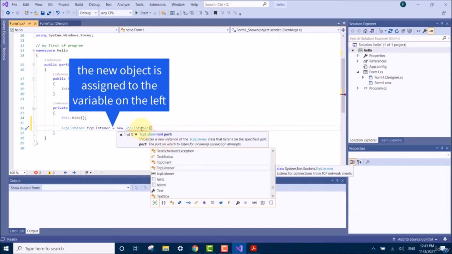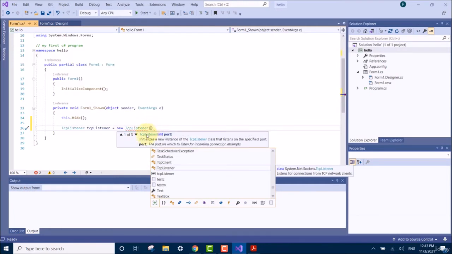So what are the parameters that you can pass to the constructor? There are three. You can either pass just a number, or the second one, you can click on this button. You can pass the endpoint, or the third one, you can pass the IP address as well as the port number. So we are going to use the third one. So this is the one we want. So we just follow the syntax here. We type